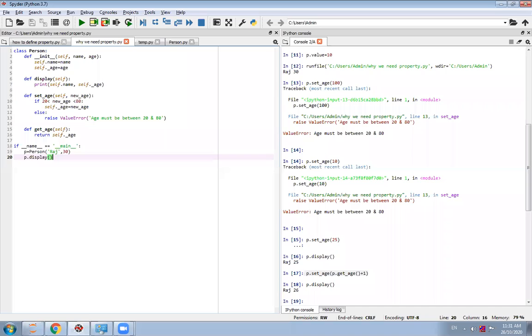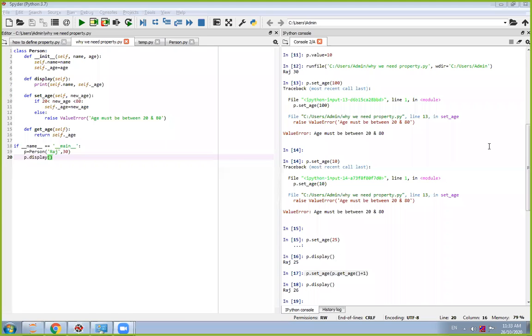Kindly do acknowledge. What is the loophole in this program? You might remember. Okay, so what is the loophole here?